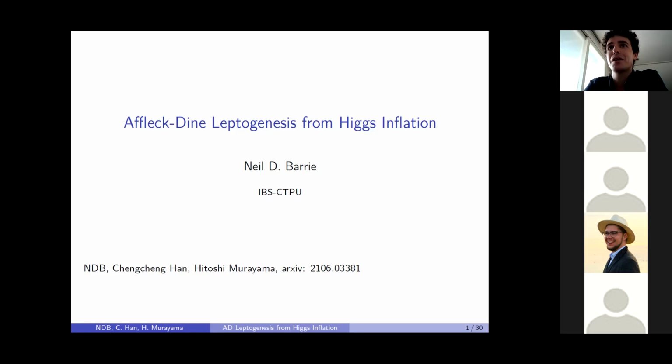So today I'm going to be talking about a paper that Cheng Han, Hitoshi Murayama and I put out recently on arXiv, so you can have a look there for some of the extra details, on Affleck-Dine Leptogenesis from Higgs inflation. So the main motivation here is we wanted to consider a simple extension of the standard model, which is the introduction of a triplet Higgs,